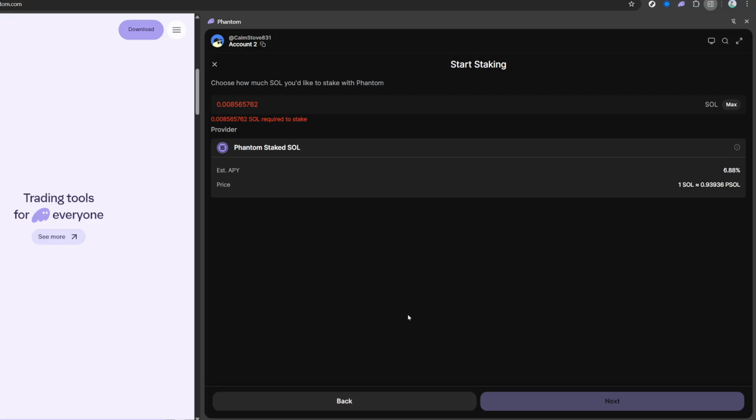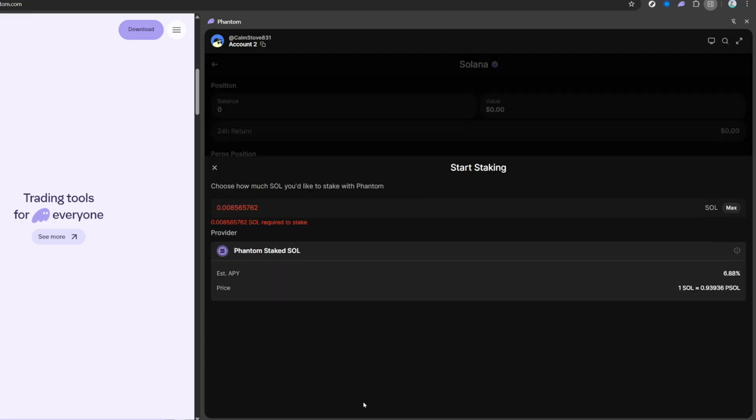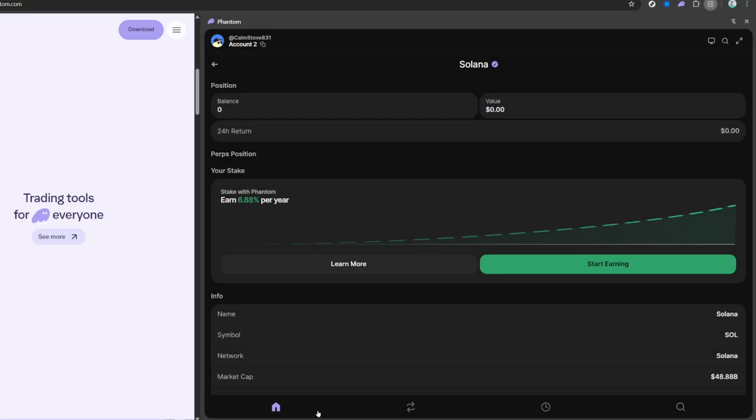Finally, confirm the transaction on the Solana network. You may see a confirmation screen that summarizes the details of your staking transaction. Review this information carefully before finalizing. Once confirmed, your SOL will be staked and you will start earning rewards based on the amount staked and the